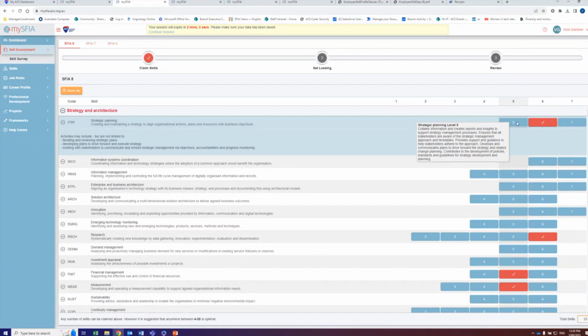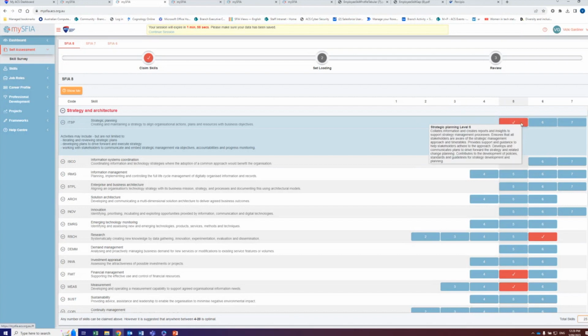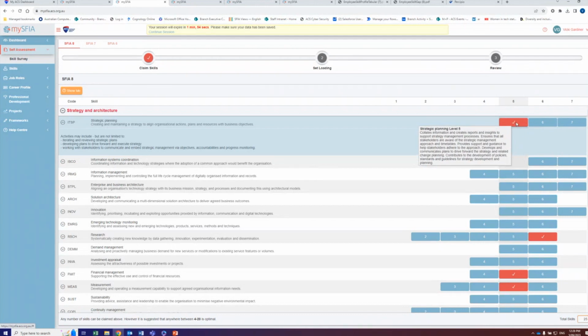From here, you can click on the number, depending on where you agree that you are, and that will then save automatically. So you can see here that I've just clicked on number 5. I could change it to level 6, and that will be stored automatically. It's recommended that you have a look at the areas that you do specifically. As I mentioned, you could go to delivery and operations, for instance, if that's the key role that you undertake, and have a look there. They recommend not more than 20 skills when you're doing that.